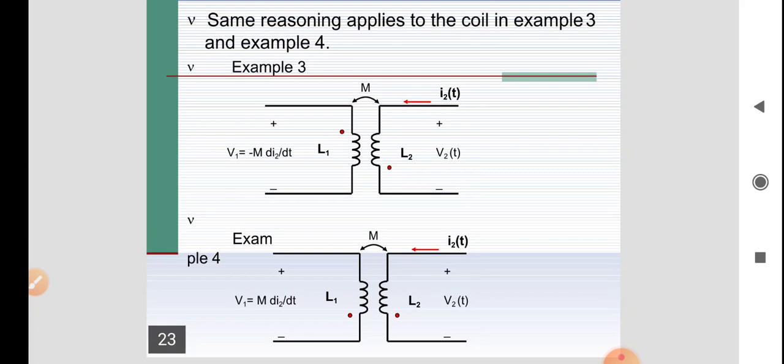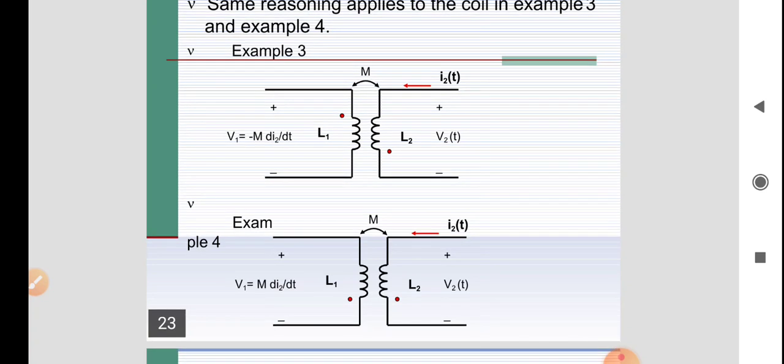So the induced voltage V1 is equivalent to minus M, where minus represents the opposite winding current. As we are writing the expression for V1, the opposite current is the I2 current, that is the reason we are writing V1 is equivalent to minus M di2 by dt. Or in simple words, V1 is equivalent to L1 di1 by dt minus M into di2 by dt, because of the presence of self current as well as mutual current, but here I am concentrating only on the mutual inductance polarity.